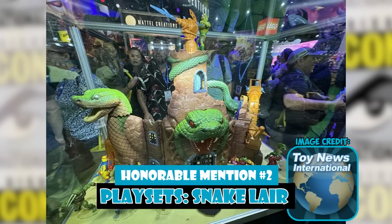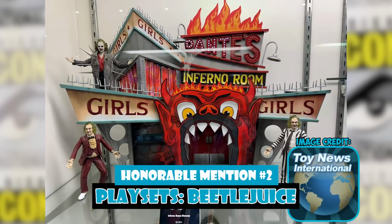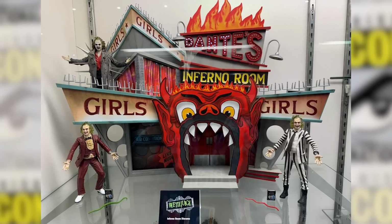There's a Snake Lair playset that Mattel Creations is doing, but they already delayed it. So I don't know if something's going on here, if there's some unrest. I'm not buying it because I don't have room for it, but it's cool. I like looking at these things. Speaking of things I'm not buying, but I think are cool, the Beetlejuice playset. This is by NECA Toys. It's called the Inferno Room. Nope, not gonna add it to my collection. Don't even remember this from Beetlejuice, but it looks freaking amazing, so I love it, and I'm gonna mention it